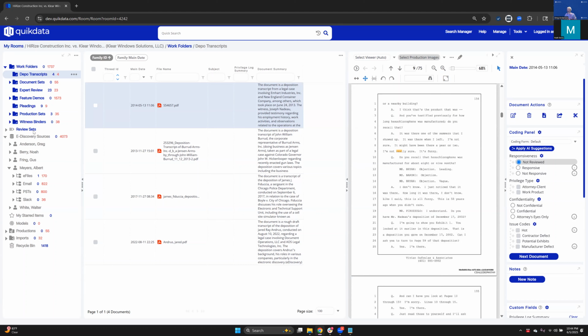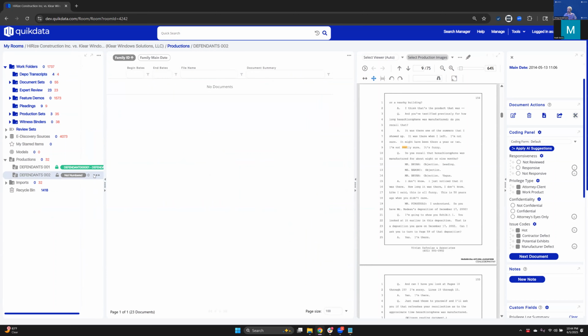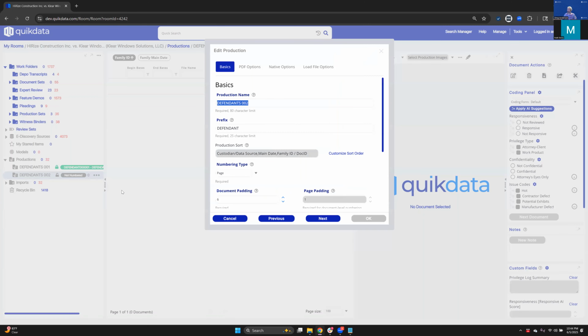we need to be able to get the documents out of the system, produced in the way that we need to, in order to be able to fulfill our obligations. And so that's also something very easy to do in the application. I'm going to go down here to my production section. You'll see here that we already have one production volume generated. I have one that's currently getting ready, but it's very easy to set up with a very